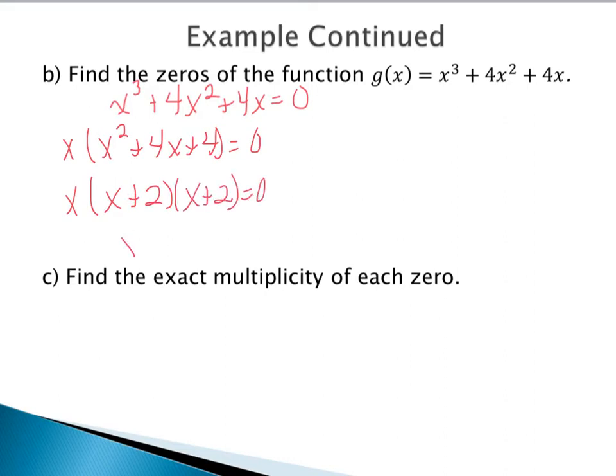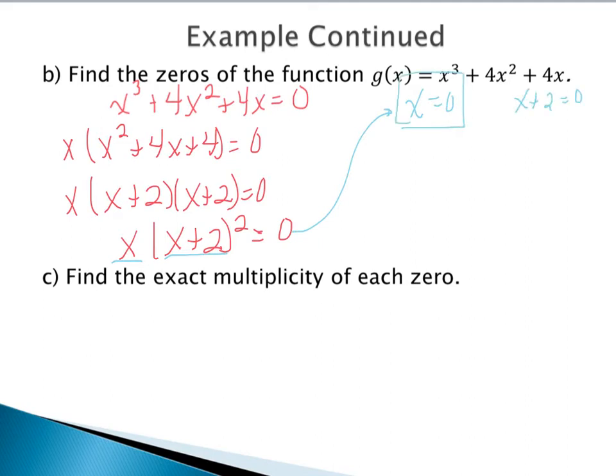Or more generally, we can say that x times x plus 2 squared, since we have two identical factors. Which means that when we're solving, we have our factors of x and x plus 2. So I would set each part equal to 0, so I'd have x equal to 0 and x plus 2 equals 0. Well, x equal to 0 is already solved for x. For x plus 2 equals 0, we can just subtract the 2 on both sides. That way we have x equals negative 2. So your zeros of the function would be at x equal to 0 and x equal to negative 2.